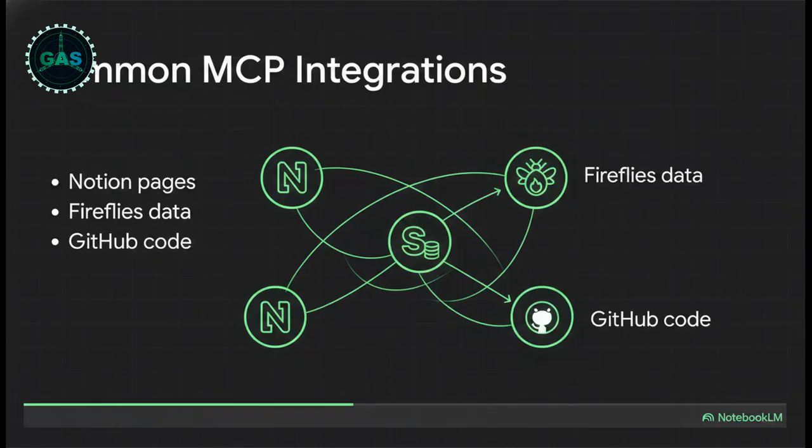And the integrations are just vast. You can connect to Notion, Fireflies, Supabase, GitHub, you name it. By establishing what the source material calls a virtual handshake through MCP, your Agentic OS can dynamically read your meeting transcripts from Fireflies, pull out the action items, and push them straight into a Notion dashboard completely automatically.